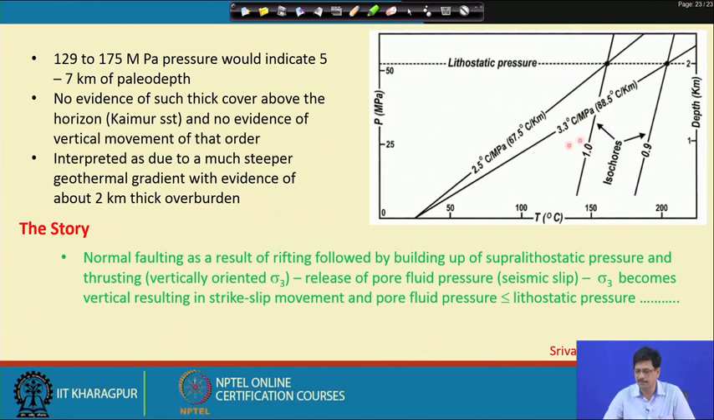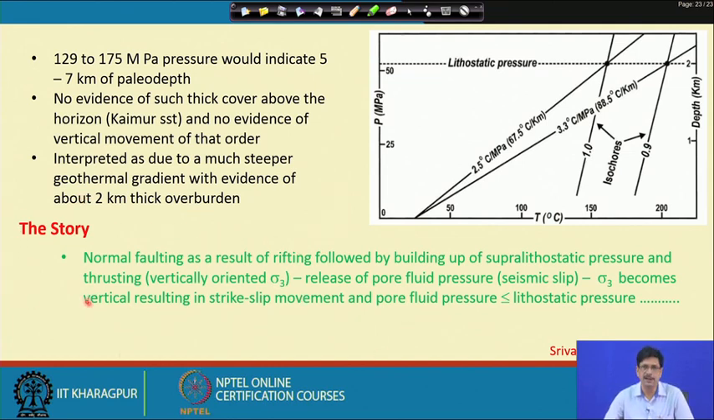Such a high geothermal gradient could only be possible if there is some kind of a rifting phase associated. So, the story goes like that: the normal faulting as a result of rifting, followed by building up of supralithostatic pressure and thrusting, that is vertical sigma 3, release of pore fluid pressure, seismic slip, sigma 3 becomes vertical resulting in strike slip movement, then the pore fluid pressure, and then again lithostatic pressure. So, this